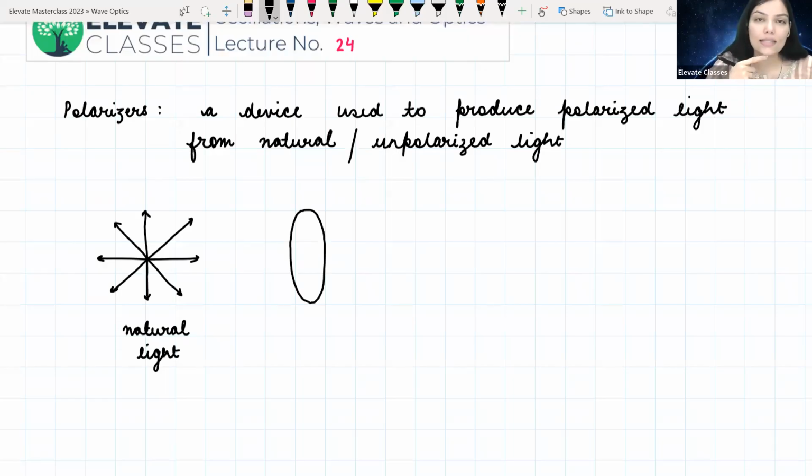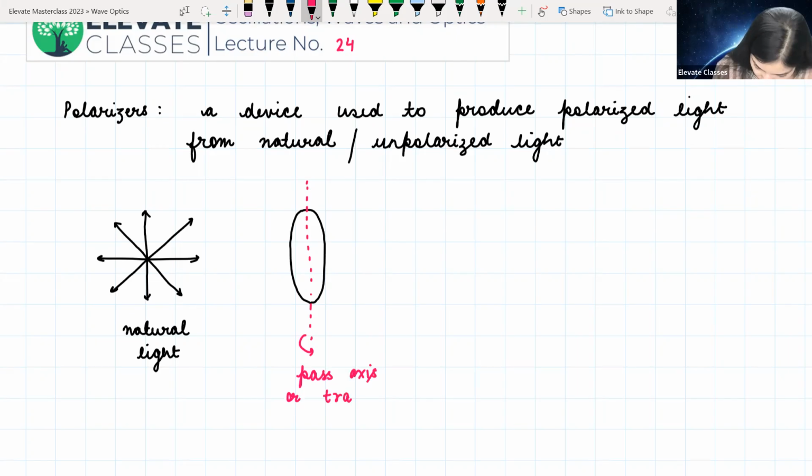And I said last time that we can think of a polarizer as a filter, which will only let those electric fields pass which are parallel to its transmission or pass axis. Each polarizer has a defined pass axis or transmission axis. So let us say that right now, this is my transmission or pass axis. This is the pass axis or transmission axis